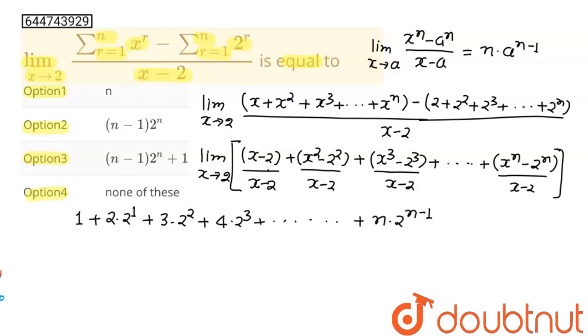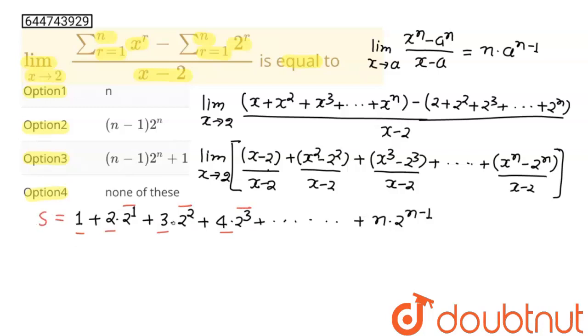Okay, now if you see, this whole term can be written as summation n equals 1 to n of n into 2 to the power n minus 1. Now, what we can do is we can see that this series is an AGP: this first part is in AP and this part is in GP. So I'm going to consider this sum as S.